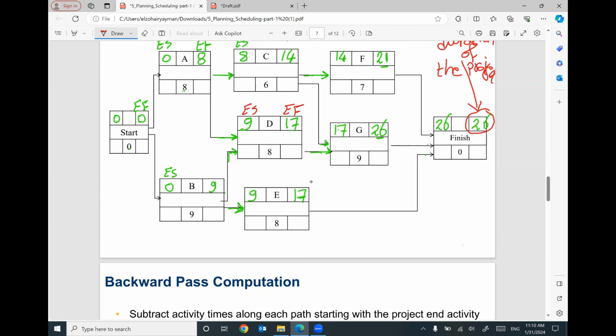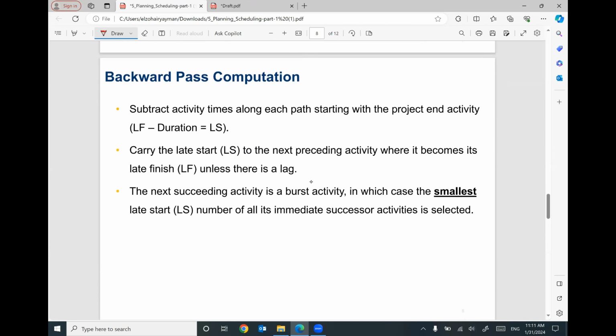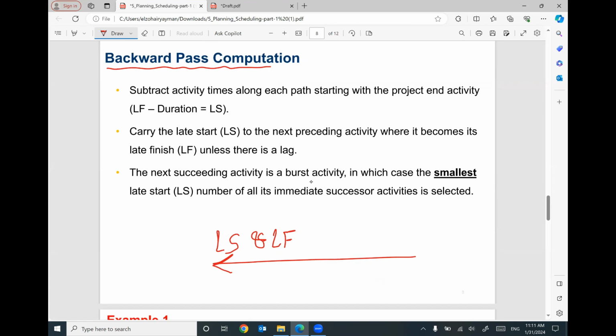After you are done with the first forward path computation, we are going to go to the backward path computation. The backward path computation will help you. We are going back. It will help you to figure out the late finish and the late start of the project. Keep in your mind,